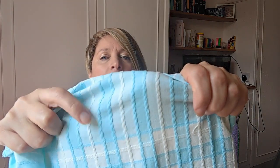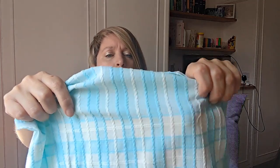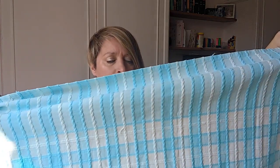Look, this is going to make, I'm thinking, some kind of top. Oh, how interesting would trousers be in this? Yeah, great. But I still dug a bit more,